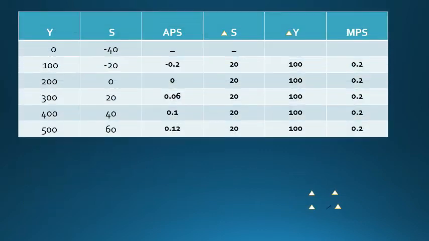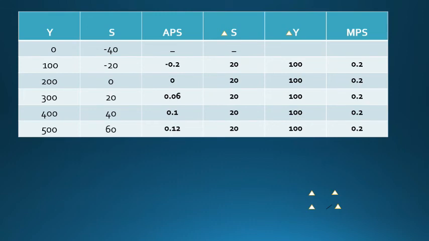To find out more about APS and MPS, let's look at the schedule given on the screen. Here, we'll see that as income increases, the savings also increases, but after a certain point. So initially when the savings were negative, the value of APS was also negative. And when saving was 0 at break-even point, the value of APS was also 0. But since after that the saving has started to rise, the value of APS is also increasing, but it is less than 1. When we look at the value of MPS, we'll find that the value of MPS is also constant at every income level. Why so? Because the change in savings is constant at every level and the change in income is also constant at every level.